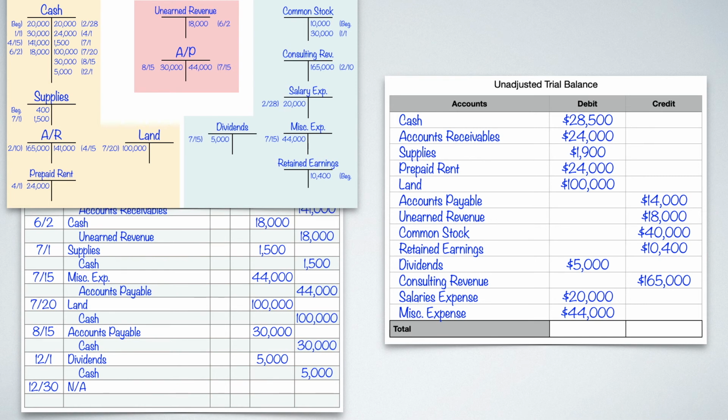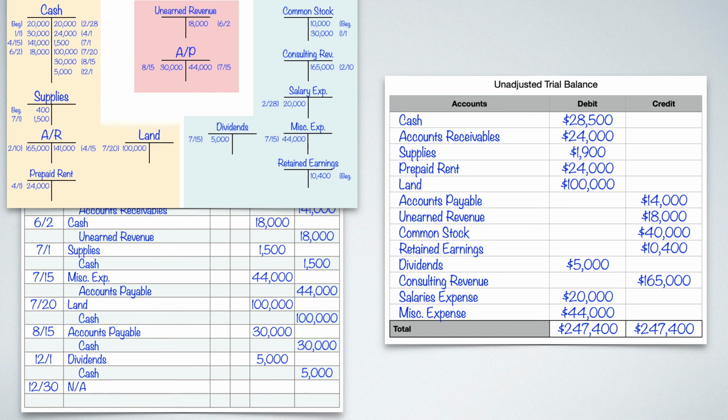But once we get to this point, I'm going to take everything in the debit column and add it up. If I do that, that's going to give me 247,400. And then I'm really hoping a lot that my credit column is going to add up to be the same. So I'm going to add up my credit column, and it is actually the same, 247,400. We are on the right path. There's nothing that we have to go back and review necessarily based on this. So again, this is just kind of a check stop to make sure that we are doing the things that we are supposed to be doing. Everything is adding up the way it should be, and that way we can move on to the next step of the accounting cycle.